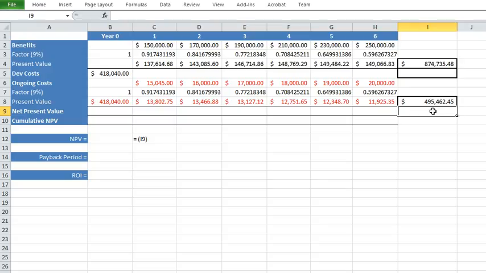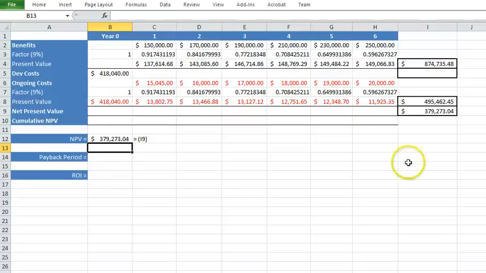So therefore, the net present value, which is what we wanted to find out, equals this take away that. Okay, so the net present value of the project is this, and any project with a positive net present value is feasible over this time period. Now, of course, if you're asked to work it out over 4 years, maybe that would be different. You're usually told how long the system is expected to last, and you would work out the net present value